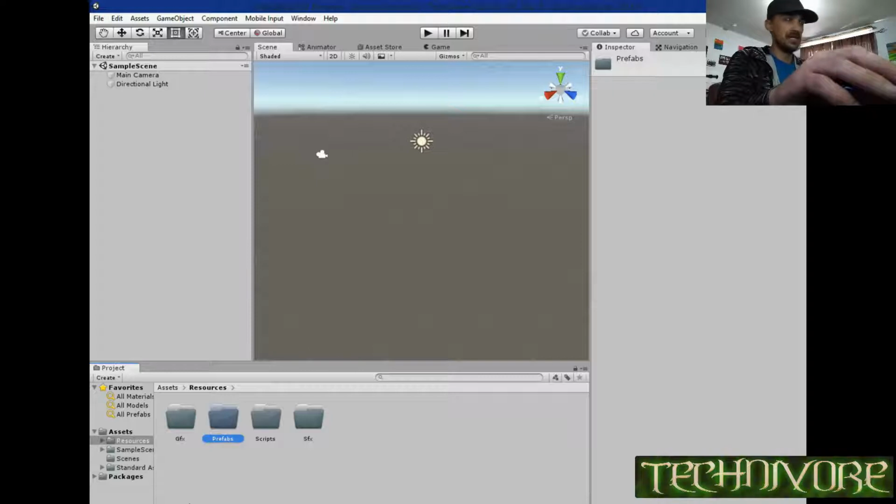All of these things are things that might need to be accessed by code, so they're pretty easy to access by going through resources. Your prefabs folder you definitely want in here, because prefabs are pre-made objects. You'll understand a little bit what they do and what they are. But in order to load one into your screen or instantiate one, this is the quickest way to grab one without having one already in your scene. I'll explain a little bit more about that in a little bit, but for right now, let's get into this tutorial. It's going to be all about first-person